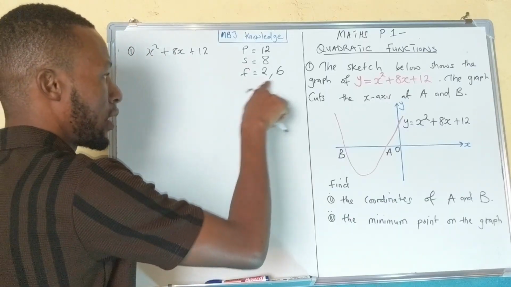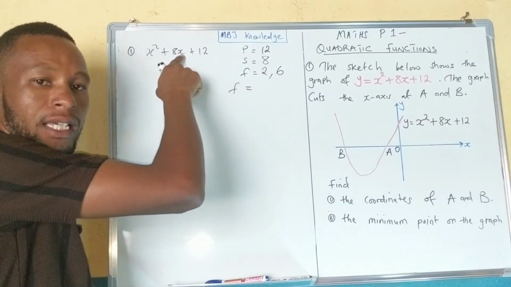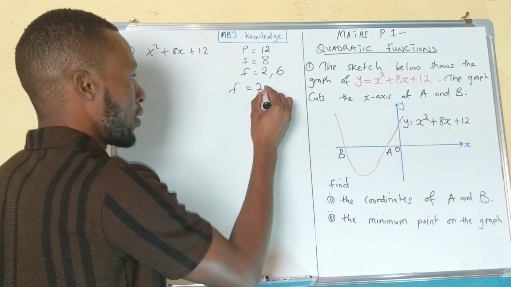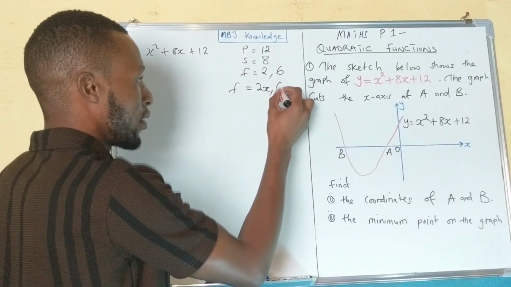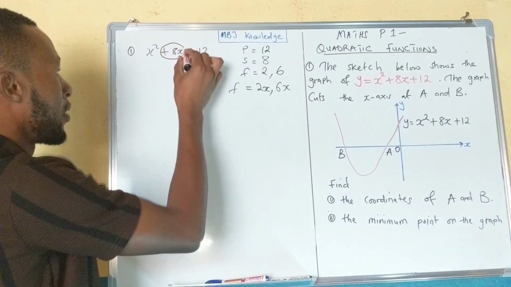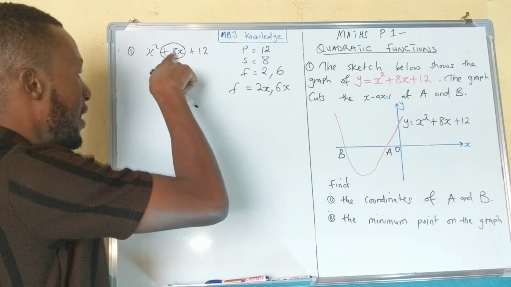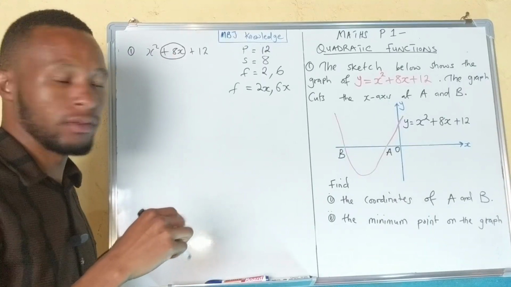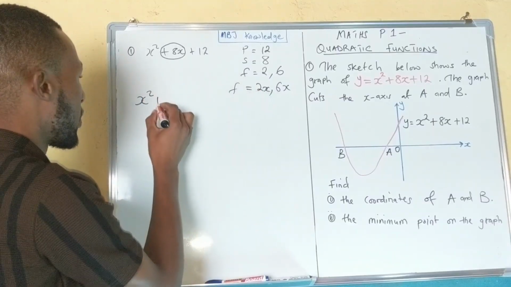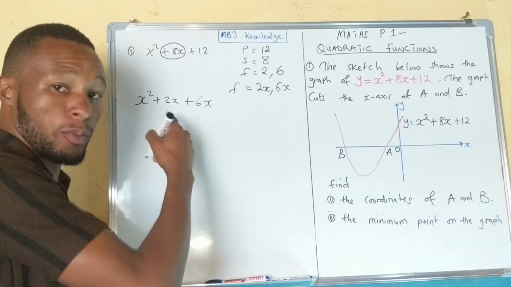We are going to substitute these 2 factors. Now, notice what I'm going to do with the factors. I'm checking my letter here. This is letter x. So I'll multiply my factors with that letter. So 2 times x, it will be 2x. 6 times x, it will be 6x. These two factors are going to eliminate the value you are seeing there in the middle. So this is how they are going to replace it. So x squared, then I'll bring this positive 2x plus 6x, because they are positives, no wonder I'm using plus,